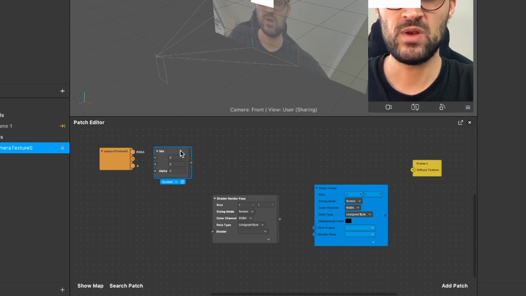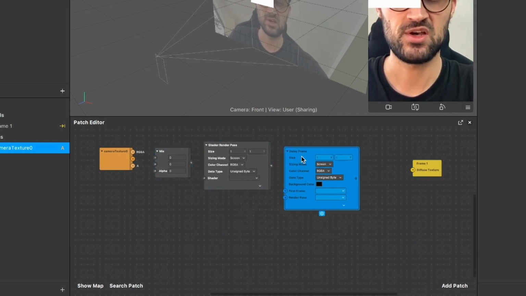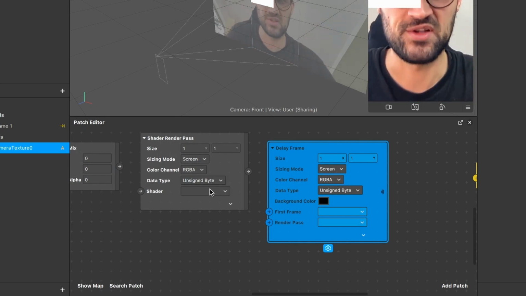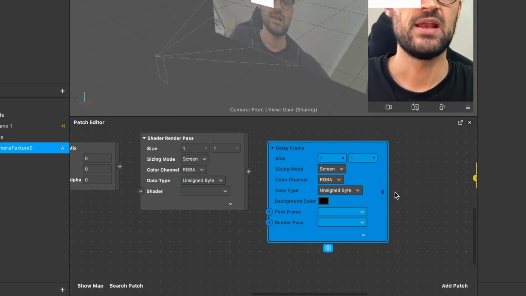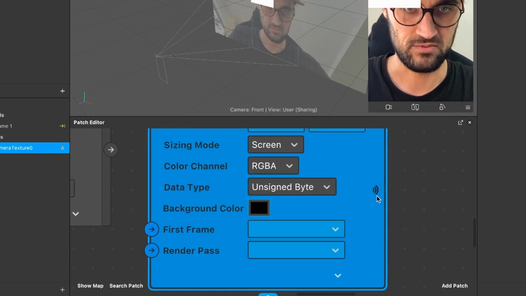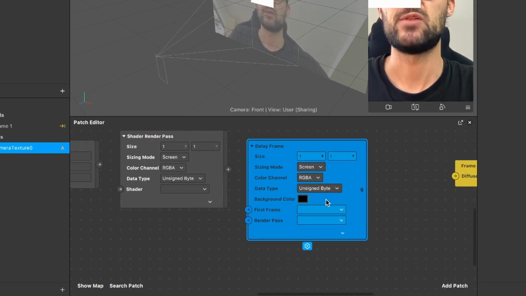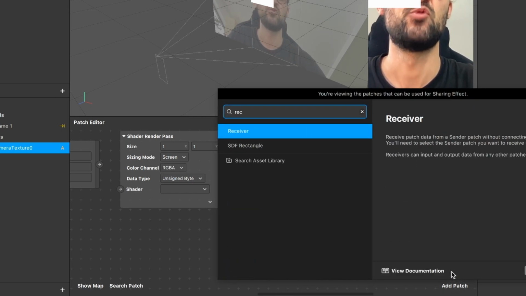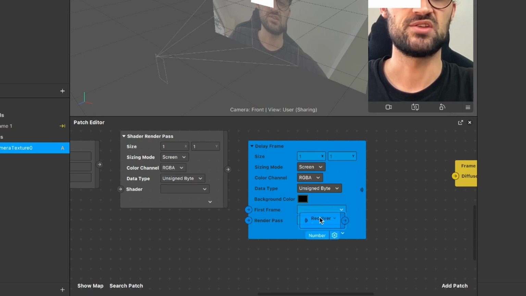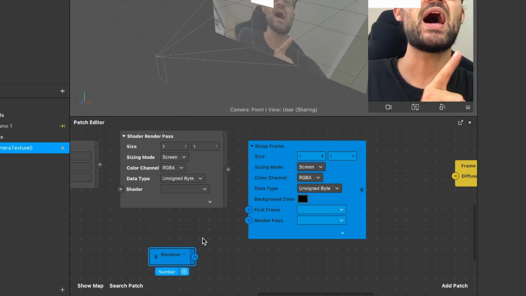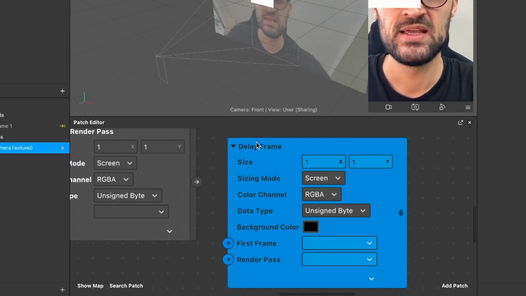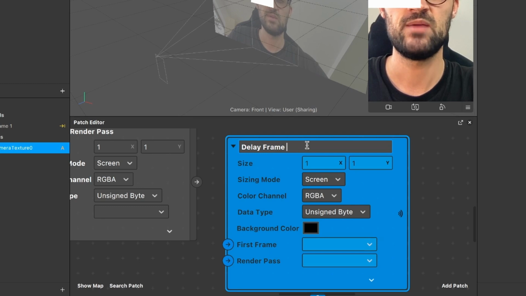Then we will also need a receiver patch, because as you can see here, the delay frame is some kind of a special patch. At first it is blue and not gray, and it also has no output, just this icon here, and this says that we need a receiver patch. So go to add patches and here search for receiver. This patch is also blue. So now I will rename my delay frame patch so I don't get confused later. So just double click on the name delay frame of the patch, and here you can rename this patch to